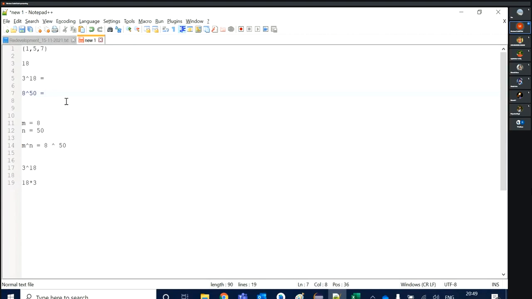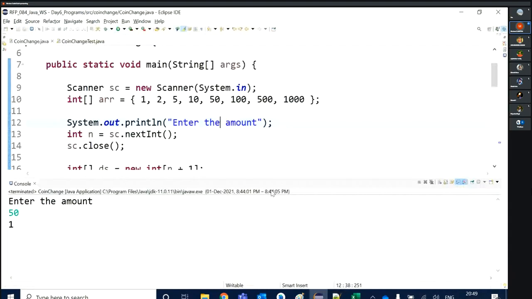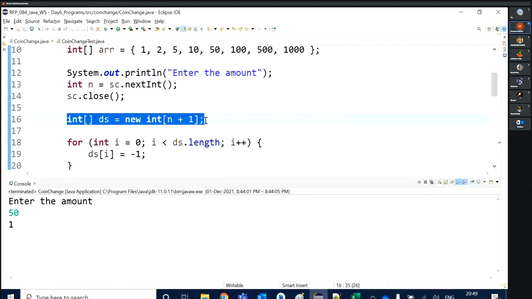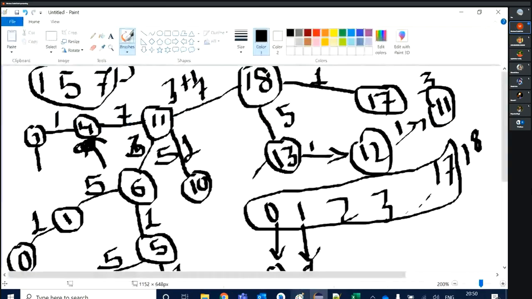When we are using my RAM memory, I just need to create one new array. In that array I am resolving all the sub problems and storing all the values, so whenever any duplicate calculation comes, I can take that answer from my array directly. I don't need to calculate it again and again.